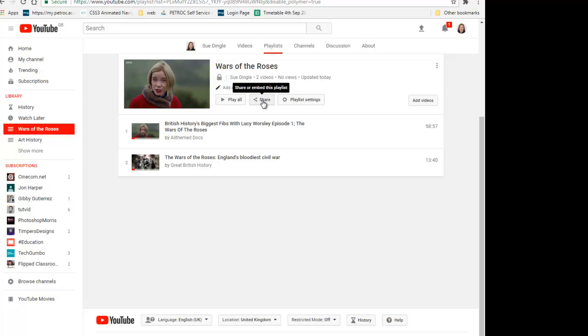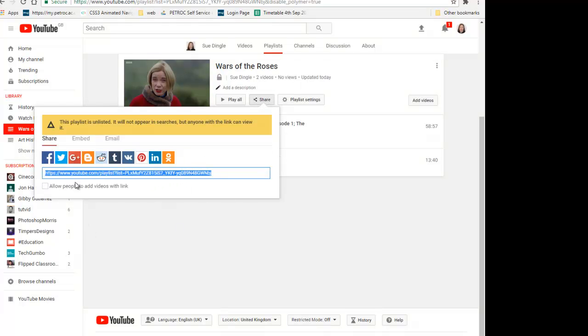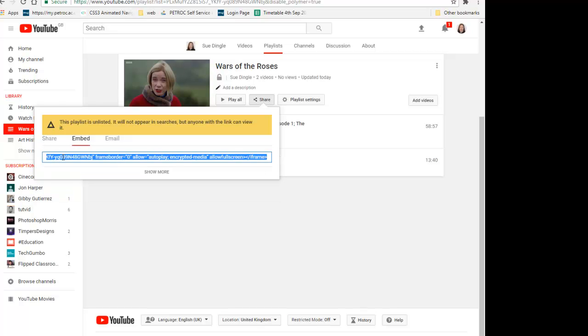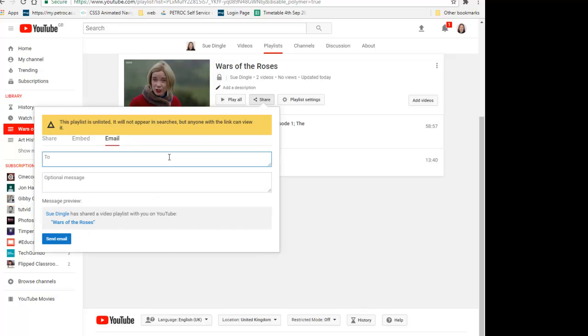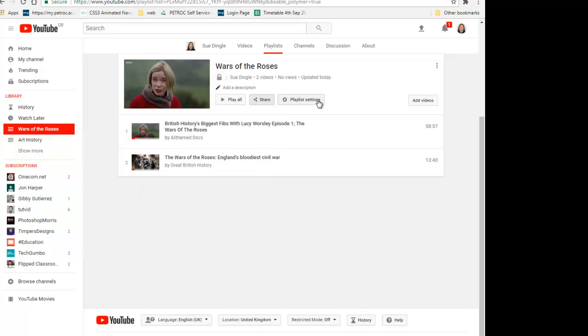You click the share. You can then share your playlist by copying the URL address. You can also share your playlist to social media to embed your playlist or email your playlist. In the playlist settings, this gives you the option to change settings such as the order